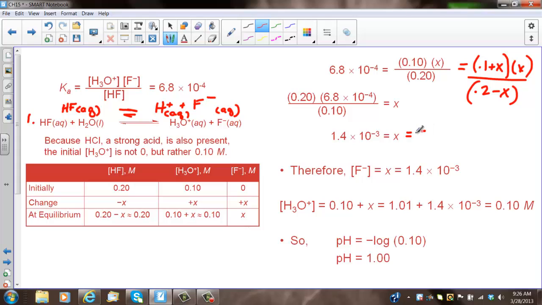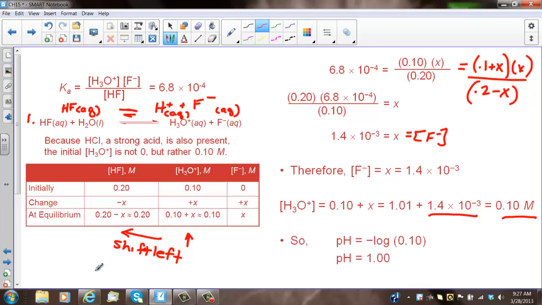And this x represents the F minus concentration, which is right here. To find the equilibrium concentration of the H plus ion, we have to add x to that. So you had 0.1 plus 1.4 times 10 to the minus 3. This number is so small, it's not going to have any bearing on the overall concentration. And then our pH is the negative log, so our pH is 1. Again, increasing the H3O caused the reaction to shift to the left, favoring the reverse reaction and slowing the dissociation